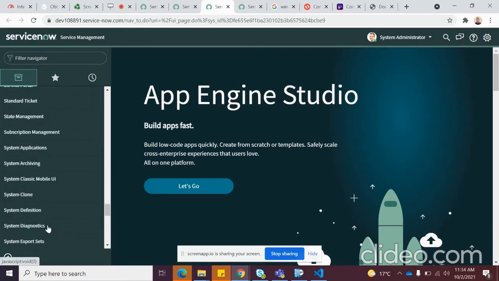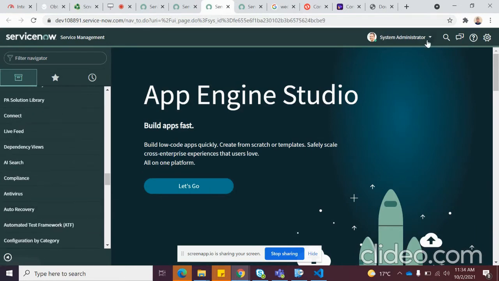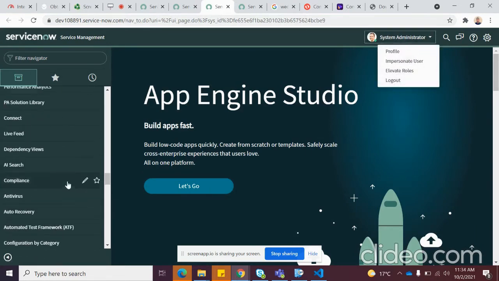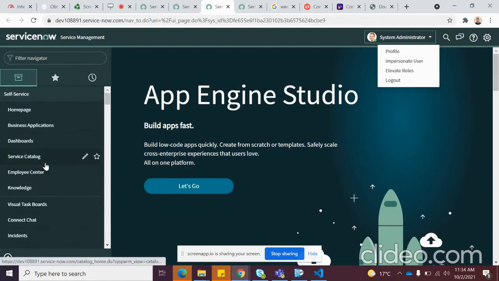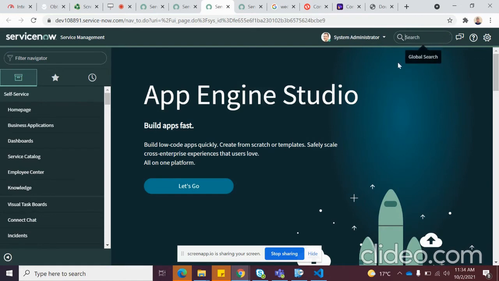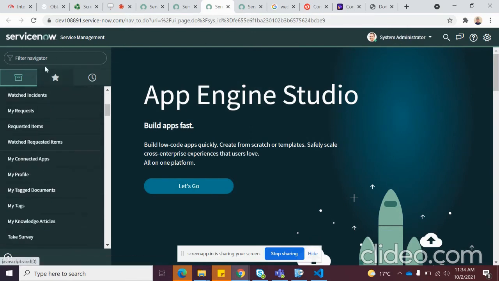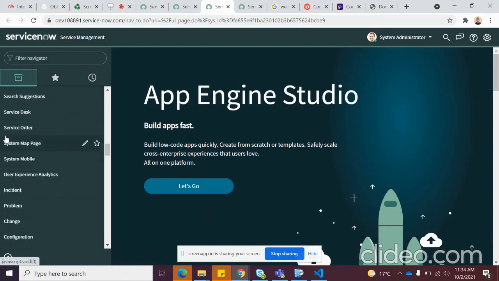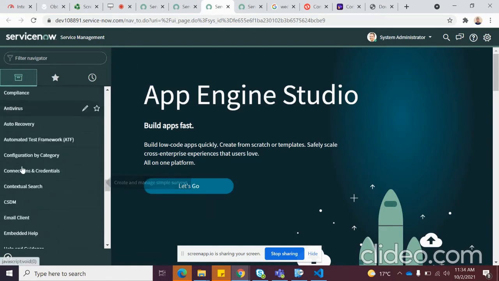You can use it, all options are there. You will mostly be logged in with system administrator access. Let me brief you on the look. This is the global item search. You can search for anything like an incident number or change number, and this is where you can search any application's name or any functionality you are going to work on, like change or incident.